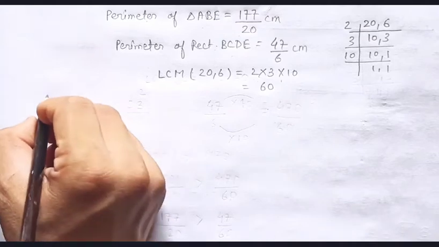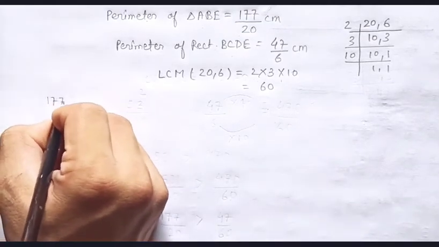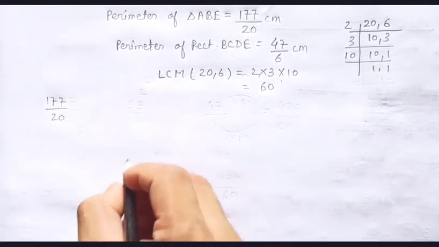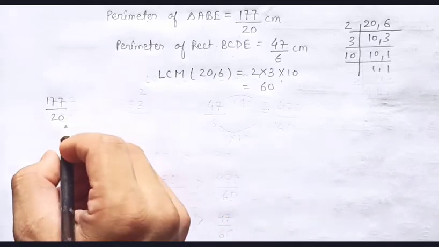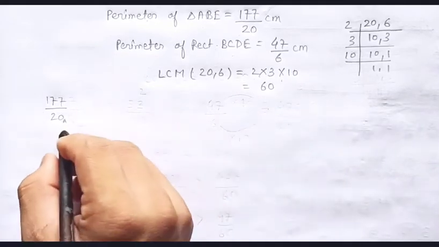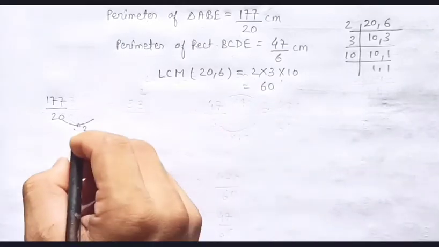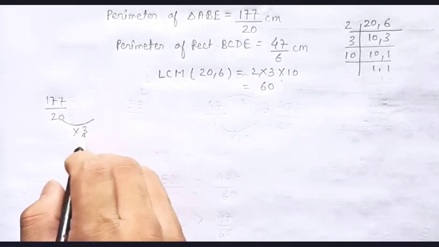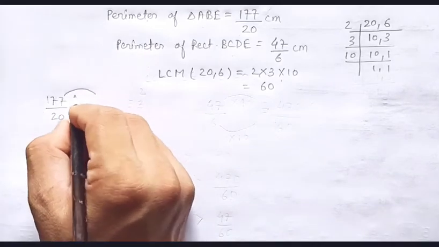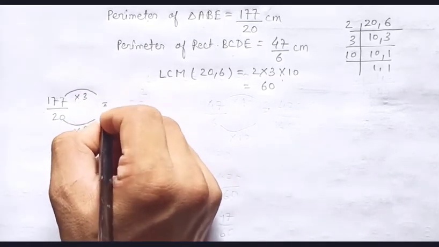Now we have to convert the fraction 177 divided by 20 into a like fraction. So you know, when 20 is multiplied by 3, then it gives 60. And if we are multiplying the denominator by 3, then we also multiply the numerator by the same number 3. So it gives